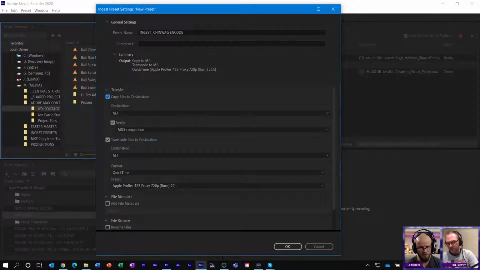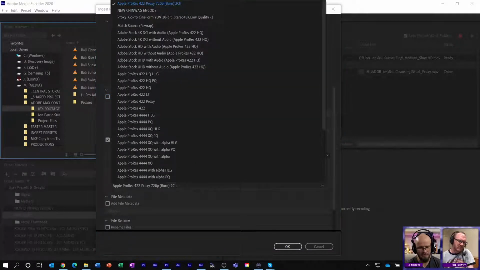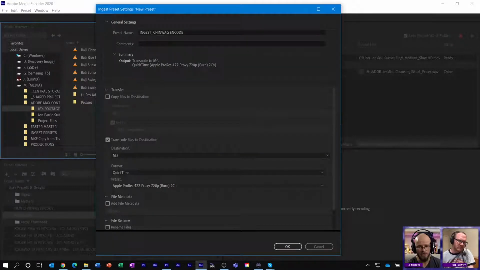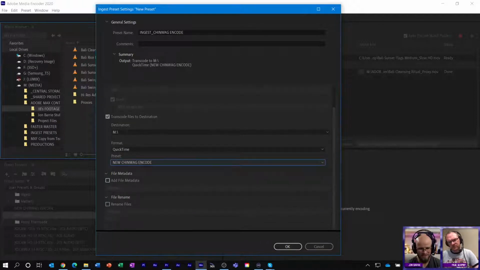We'll turn off the copy destination and the verify. We'll turn them off. We're just going to use the transcode files as destination here because it requires it, even though at the format and preset level, I'm going to use my new CHiNWAG encode. So we made settings of the encode. That setting is named new CHiNWAG encode. That preset is part of what's inside an ingest preset set of steps. I hope I've made that